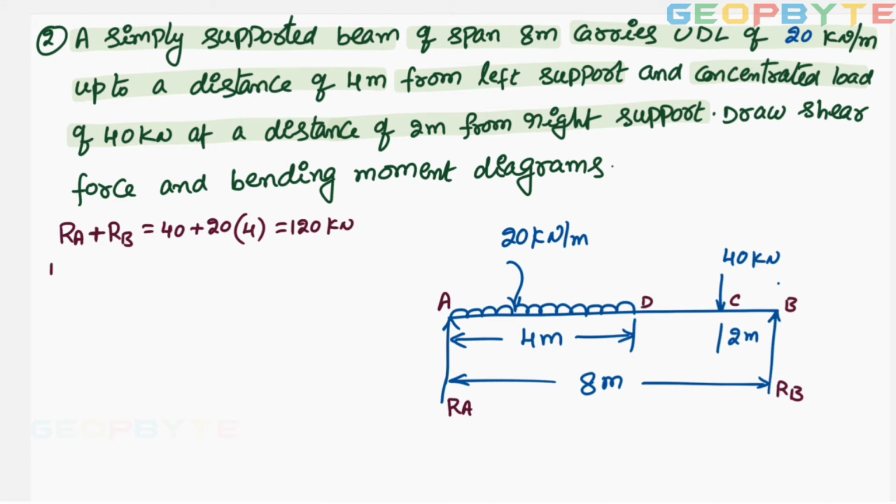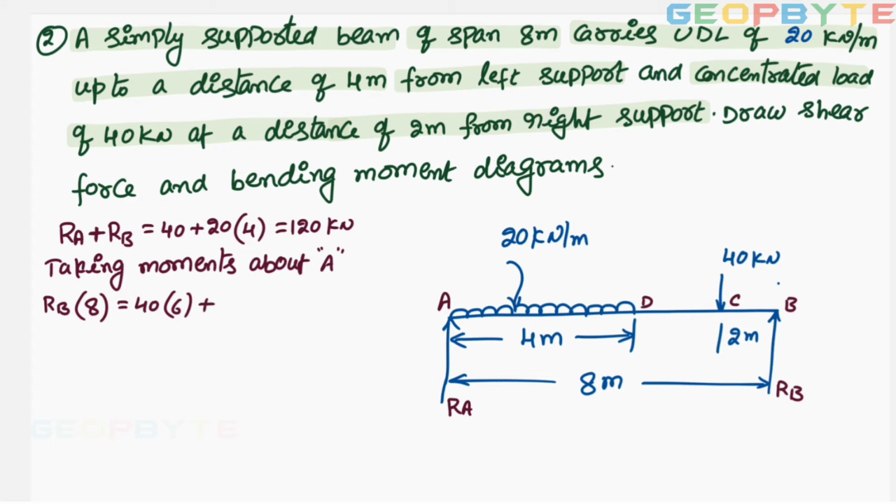Then taking moments about A. Let us take the moments about A. With respect to A, RB is developing the anti-clockwise moment. The point load and UDL are developing the clockwise moments. So RB into the distance from A, 8 meters, equals 40 into the distance from A, 6, plus for